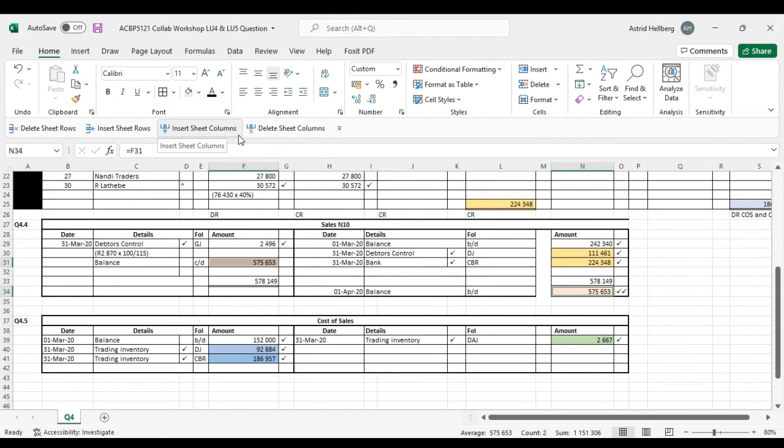Okay, and that is how you would balance the sales account, and the cost of sales account we did not have to balance at all. Okay, do you guys have any questions on the general ledger accounts and how we completed it? Or do you have any other questions on the question itself? Okay, if you don't have